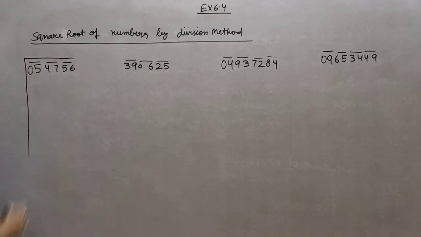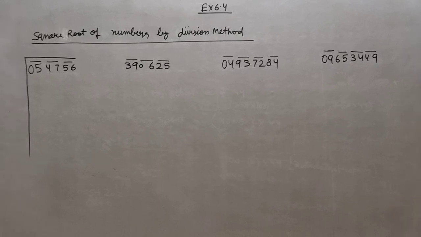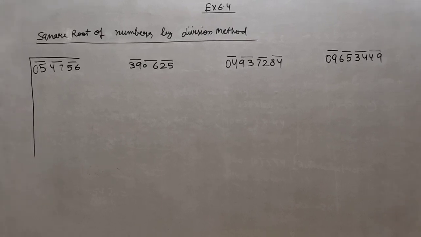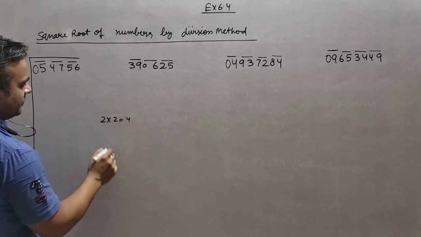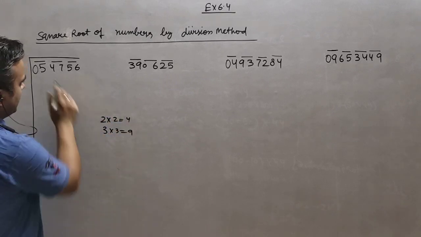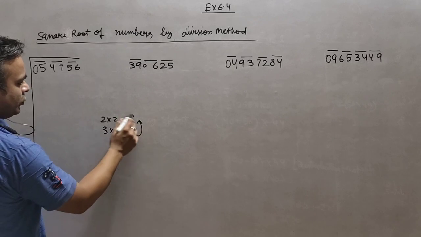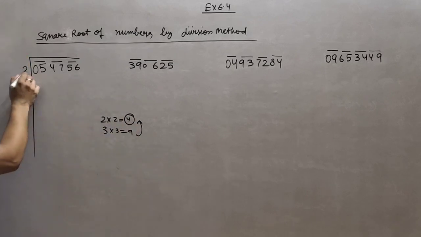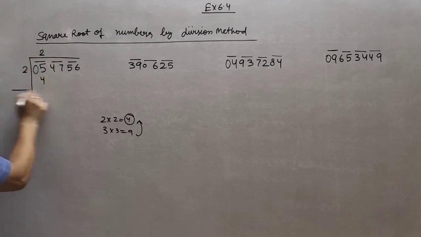We will write like this, right? So now the first pair is 5. What is the number by which you can get 5? What is the square number? Because we want the number which, multiplied by itself, gives 5. Or you can say, is 5 any perfect square? No. Because if you multiply 2 by 2, we get 4, and if you multiply 3 and 3, we get 9. 9 is more than this, so we will approach the lowest one. So we will write 2 and 2 here, and the result will be here.